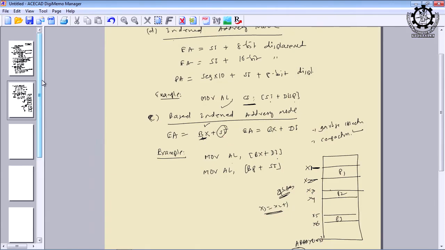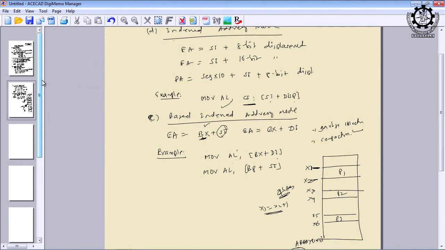Is it clear? While incrementing SI or DI, the BX content is fixed and the segment register content is fixed, because until I perform the operation over all 100 data items, I keep referring to the same instruction, and as long as you are referring to the same instruction, the BX content and the segment content will not change. Only the index register content changes, because I am referring to an array. Similarly, you can refer to a matrix. So, this is the best example for understanding why index registers are used.